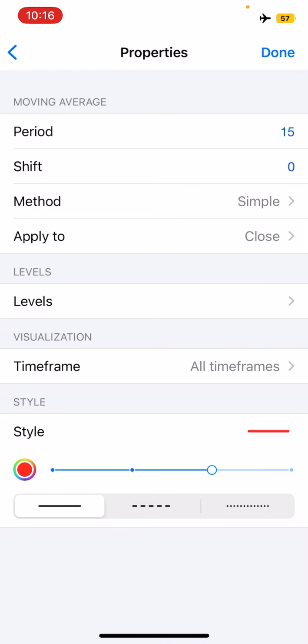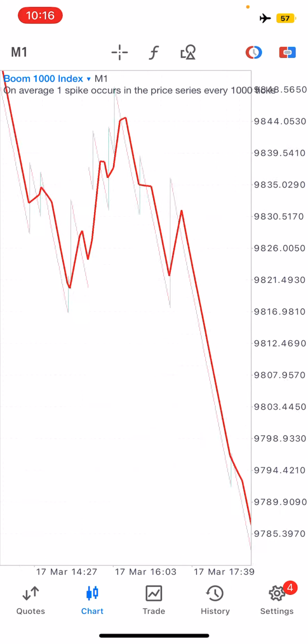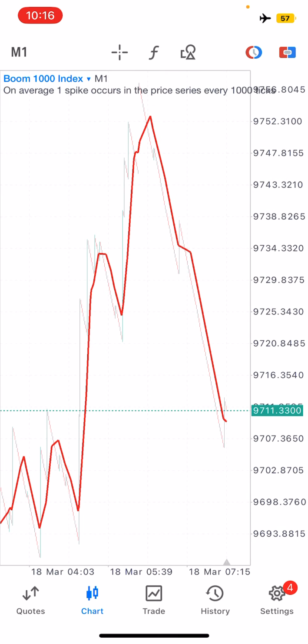Okay, and then on the styling, I chose the red color. You can pick any color of your choice, but for the sake of this video, I'll be referring to this red color. So you really have to remember that our red line is a moving average of period 15. Okay, so once you're done, you just click done, and as you can see, we now have the red line